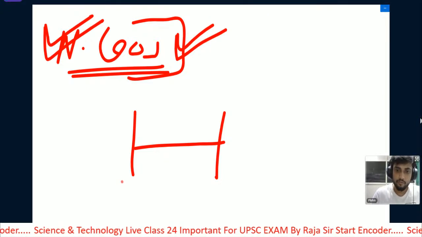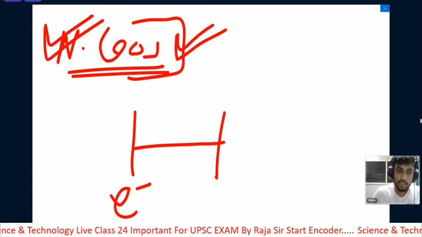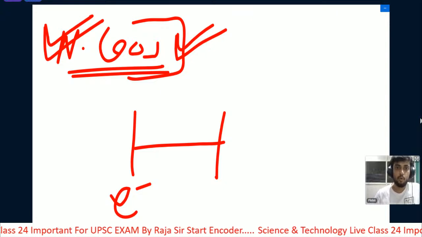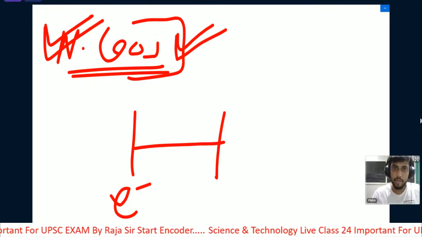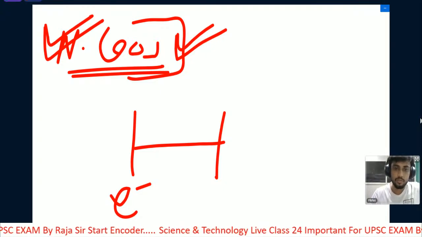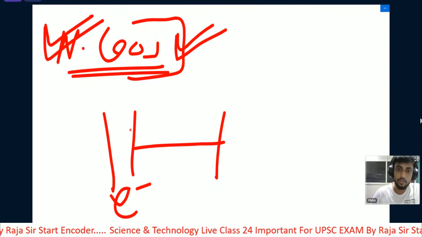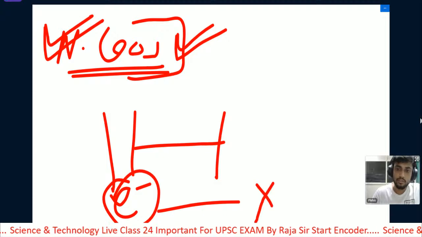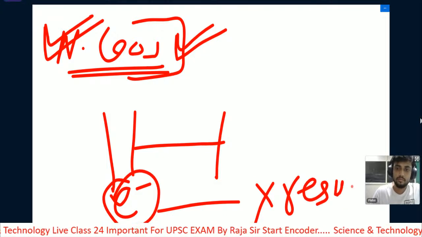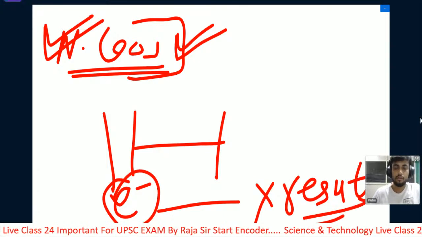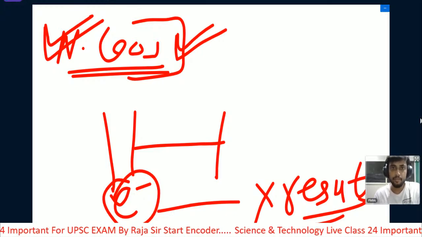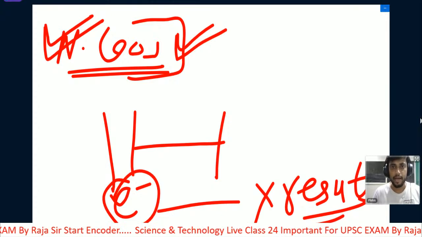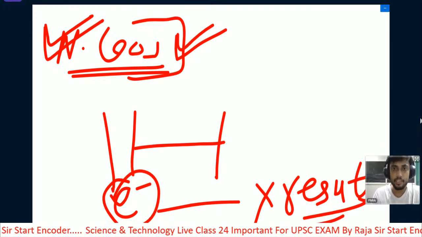But then we found out that when we tried to describe the electrons, there were some problems in describing the electrons using Newton's laws. When we applied Newton's laws to the electrons, or to the subatomic particles, or to the atoms which move at high speed, we obtained wrong results.